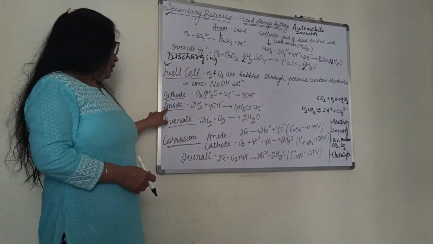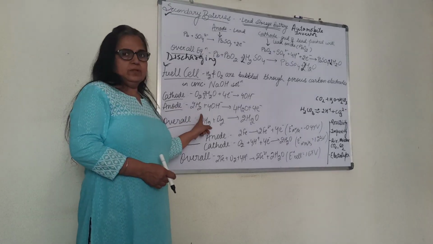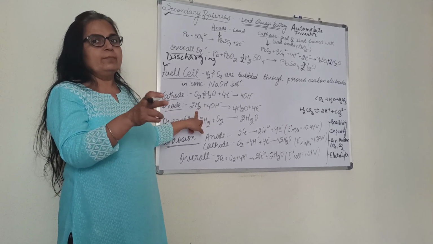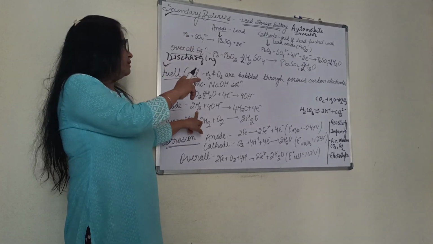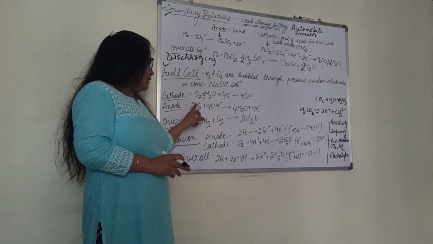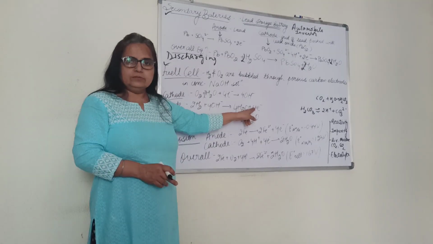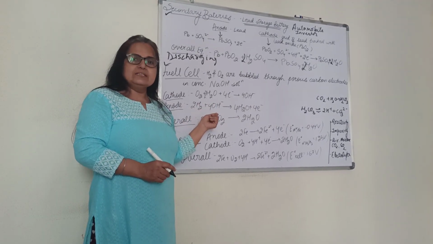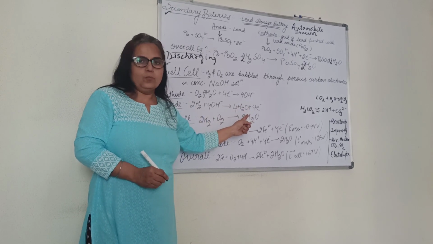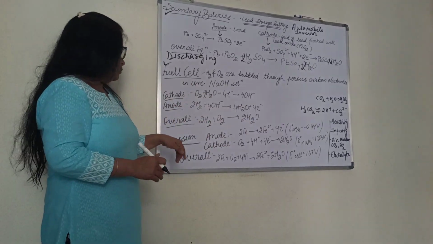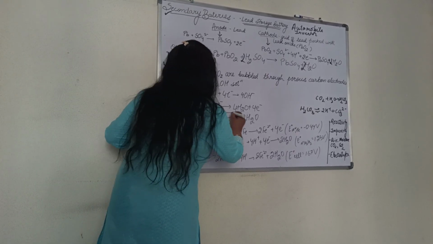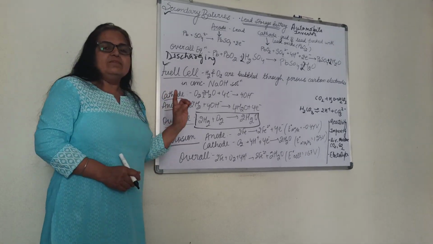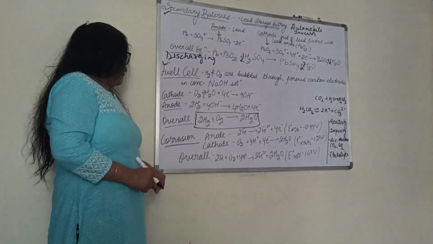Same way here, anode. Anode is hydrogen, which is undergoing oxidation. So remember, hydrogen will be at the anode and oxygen will be at the cathode. Undergoing oxidation means loss of electron, 4 electrons. 4 negative this side means 4 OH minus this side, and to balance we will compensate with water. So overall, when we add up the equations, this is the final equation for the fuel cell. We need to do it only with reference to hydrogen fuel, no other fuel.